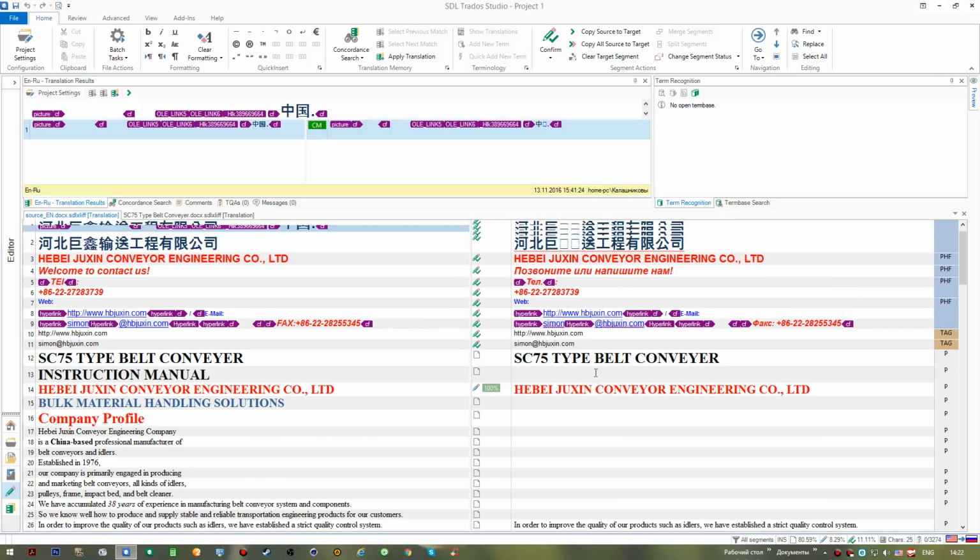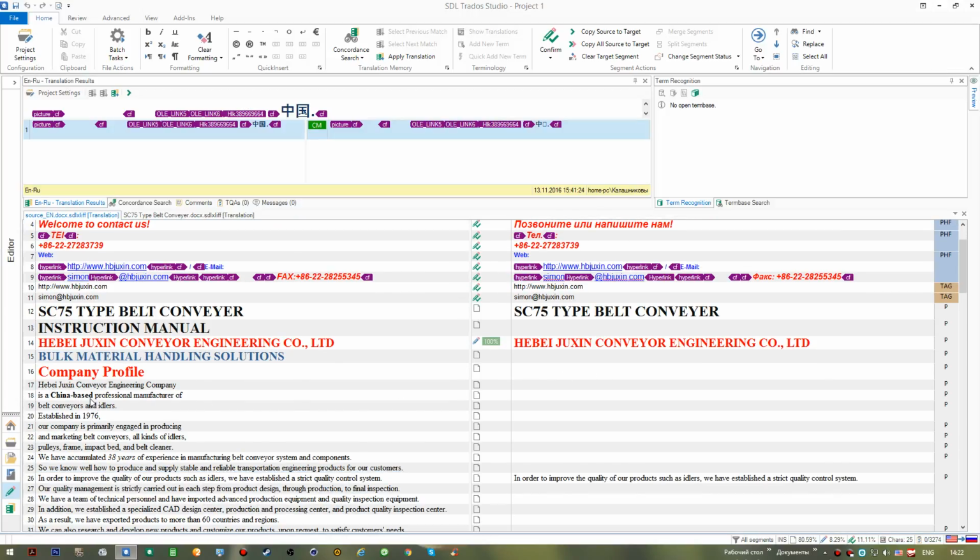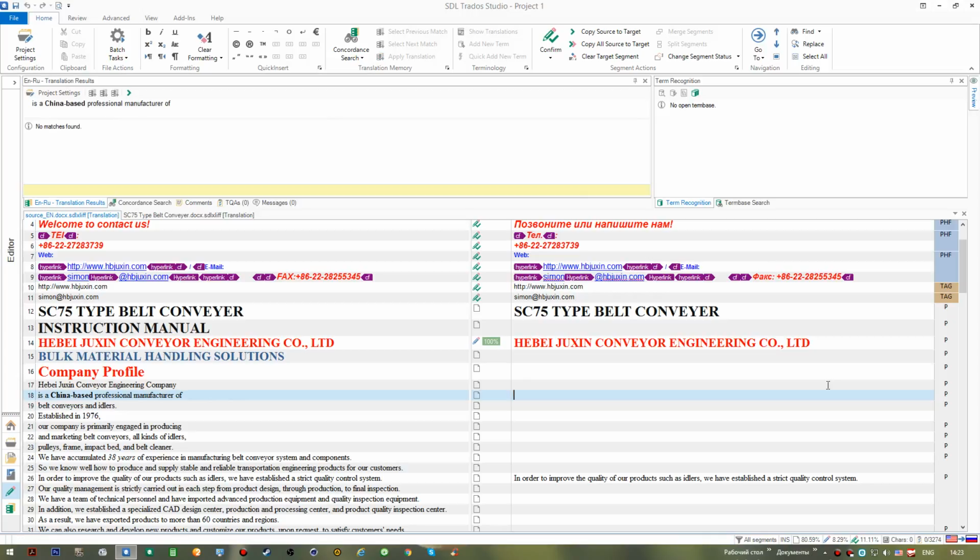But you might have a situation when you have a sentence like this, right? A simple sentence only containing a couple of words highlighted in bold. There are a number of options actually to preserve this format. You can either type the translation manually by yourself,